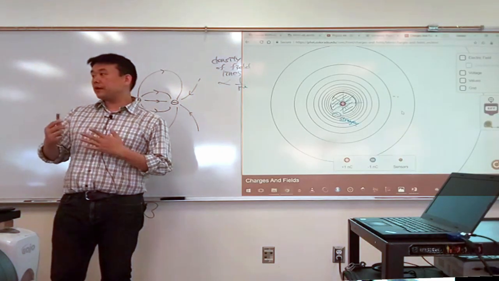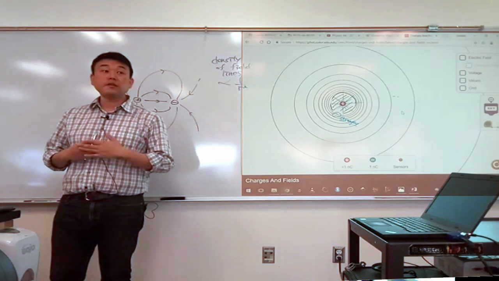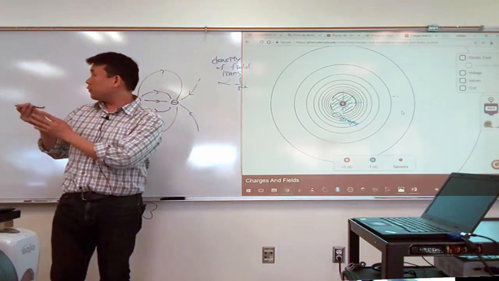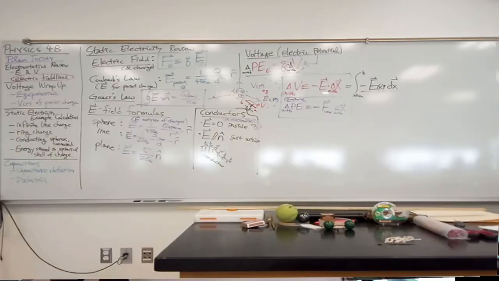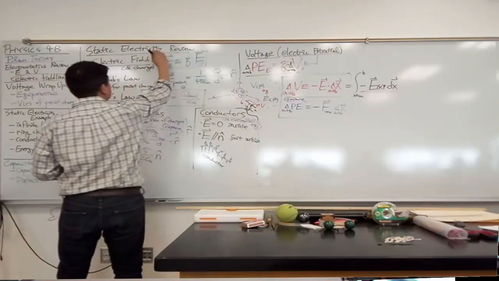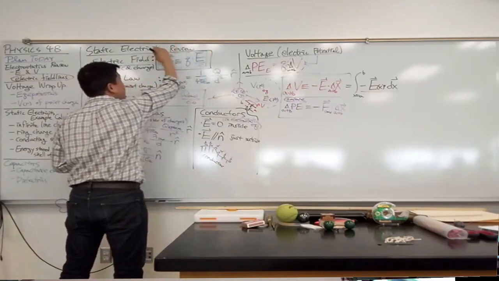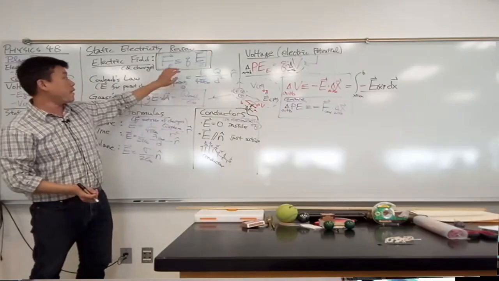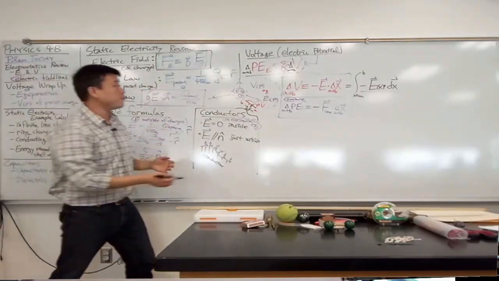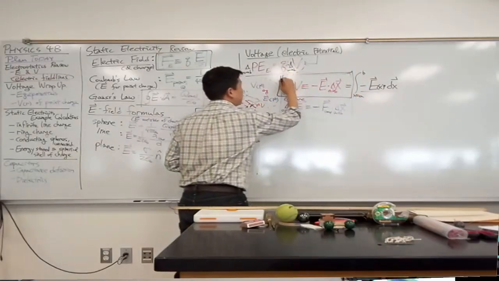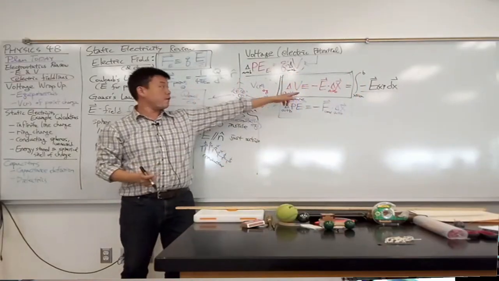So whenever you feel like you are struggling with a concept, this is how we do things in physics: you fall back on definitions. That's why we spend so much time introducing these definitions. So whenever you're struggling with the electric field, you should fall back to the definition. Whenever you feel like you're struggling with the relationship between electric field and potential, you should fall back on the